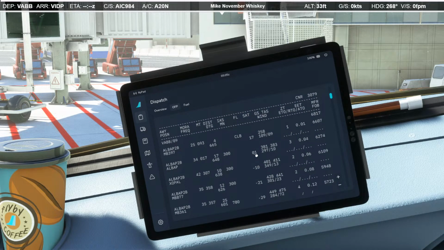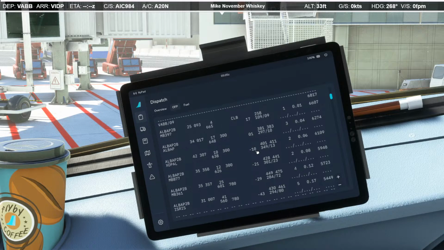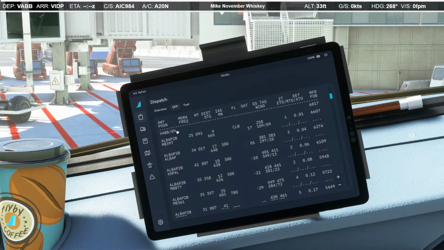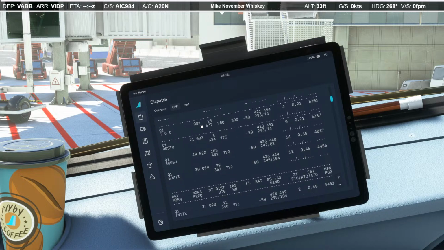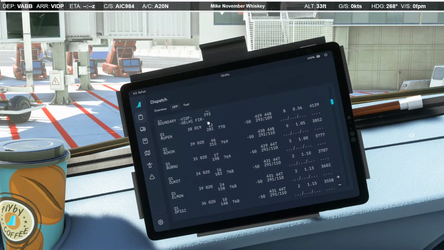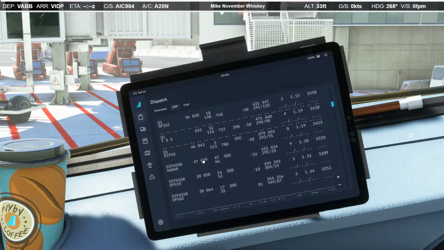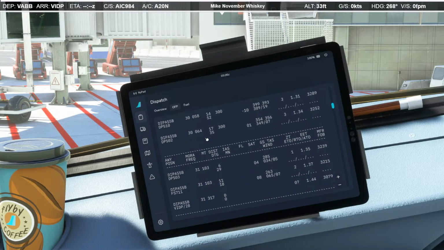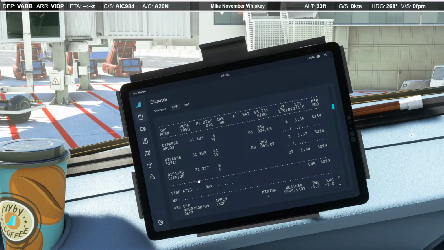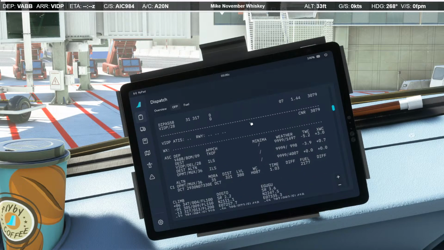And looking at the flight plan, we're expecting to depart runway 9, and that jives with our wind data, via the VABB 2B departure. And then we'll be going into Delhi. We're expecting to go via the DPASS 5B arrival to runway 28, and we'll confirm that when we're in the air and closer to our destination.